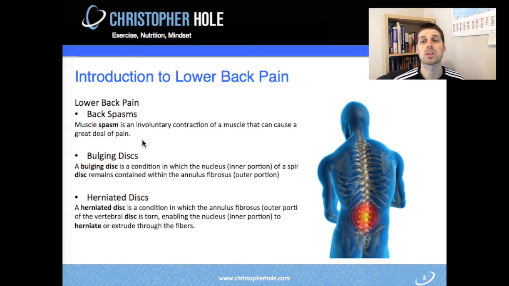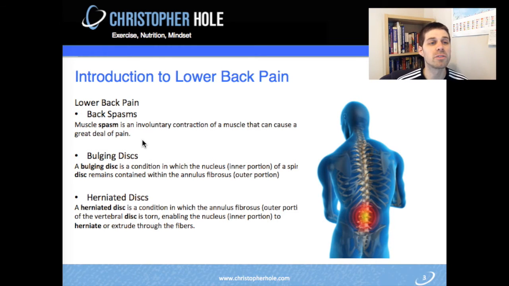What's causing it are a lot of small, incorrect movements that accumulate over time, and then eventually come out in one big swoop. The muscles tighten up around the lower back to protect it, and then you get what's called a back spasm. So you may have been picking a pen up from the floor, reaching across your desk, or trying to lift something into the back of your car. It could be something very innocuous. I know someone who sneezed and their back went into spasm.